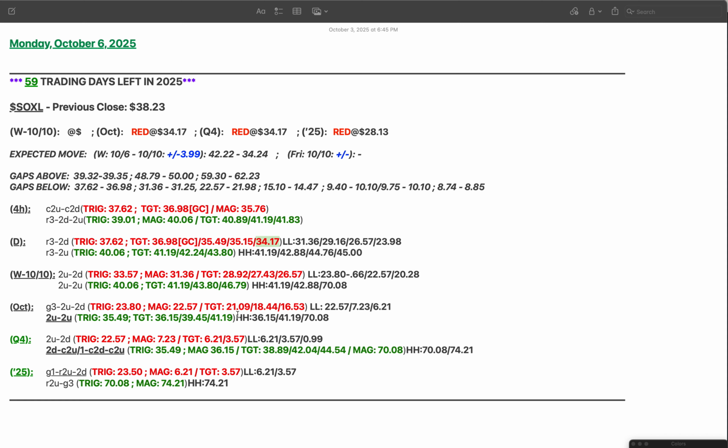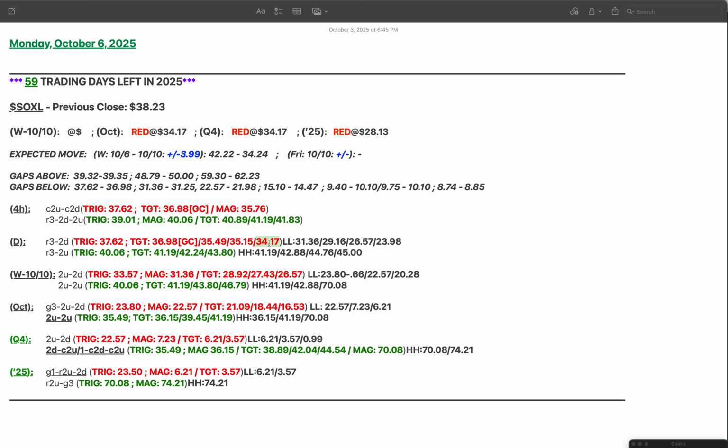I included a lot of extended targets for the day just because of the rather thin structure that we have to the upside from Thursday and the gap up from the big price action Wednesday, and then the gap up on Thursday. So there's some thin structure out there, like they say, stairs up, elevator down. So we could see a quick move to the downside, a relatively deep move compared to what we've been seeing,